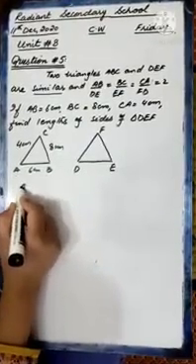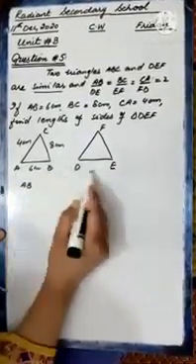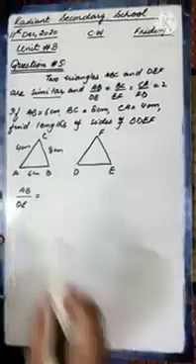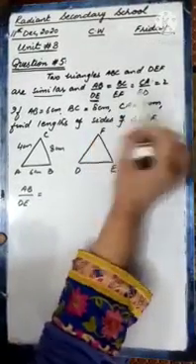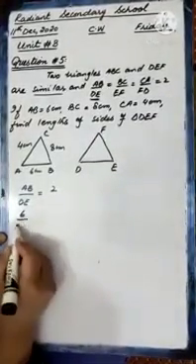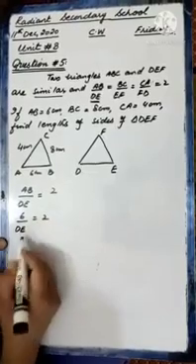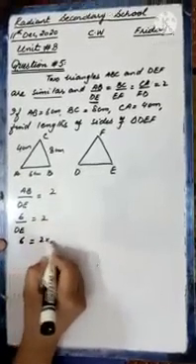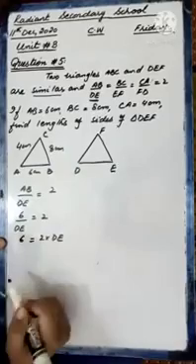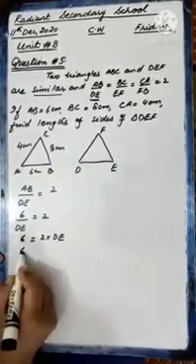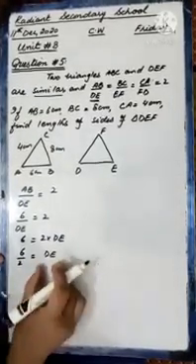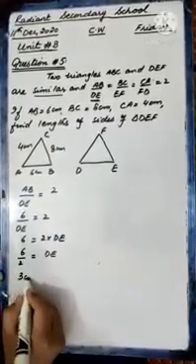Starting with this side AB, what will be the ratio? AB ratio DE. And in the question it is given AB ratio DE is equals to 2. What is the value of AB? 6 cm divided by DE is equals to 2. DE will be multiplied by 2. Here it is dividing, so other side it will be multiplied. Now 2 is multiplying with this, so 2 will be divided with 6. Because we have to separate this DE, we have to find this value, so we have to separate this. Now it will be equals to 3 centimeter.